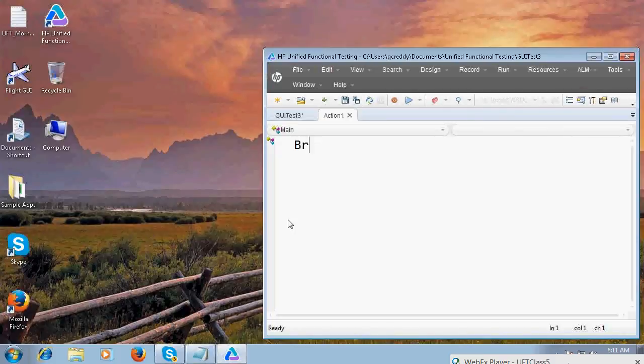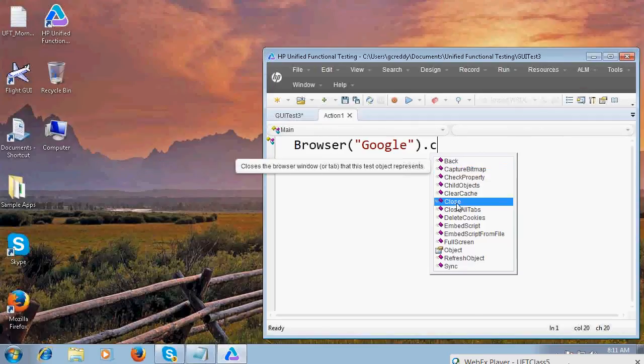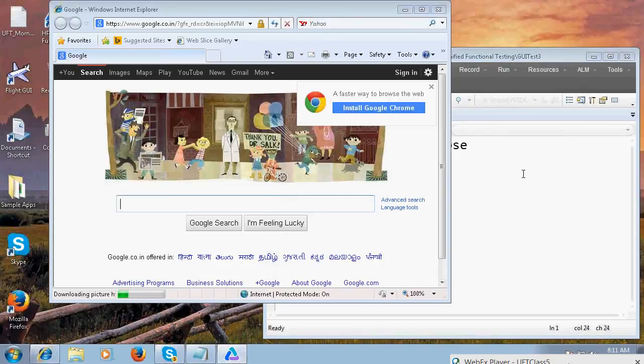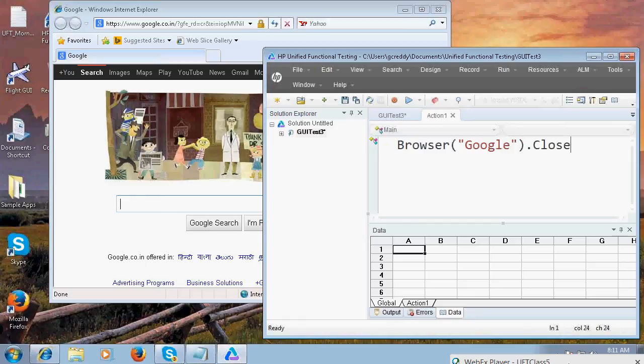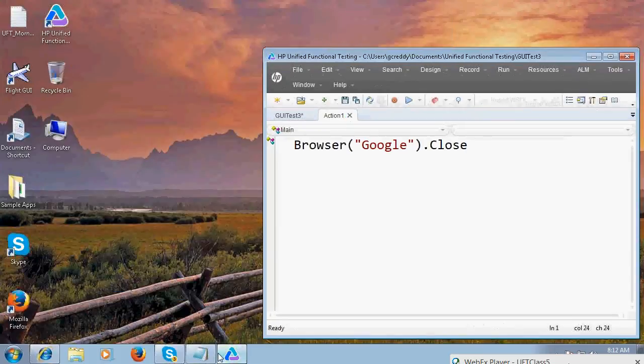Just a minute. Browser of Google dot close. Run the script. Just a minute. See, due to WebEx sharing it is taking some time on my machine, but on your machine it will execute immediately. Closed. Next,